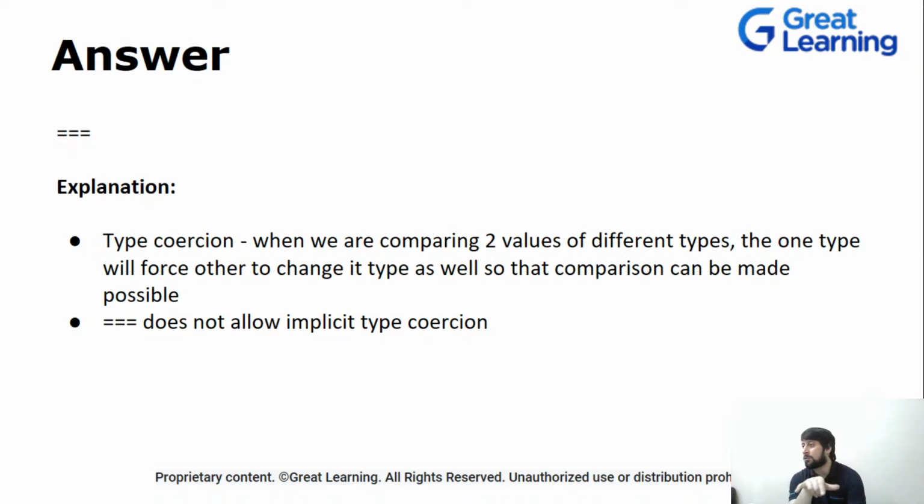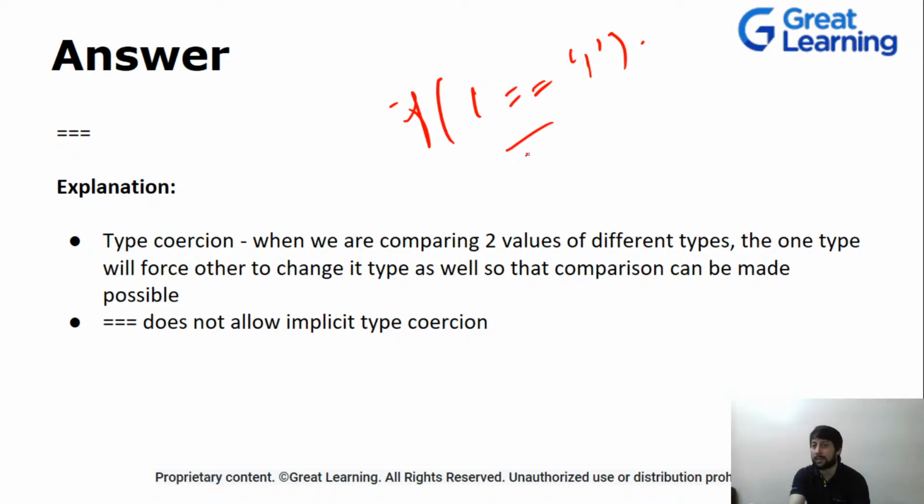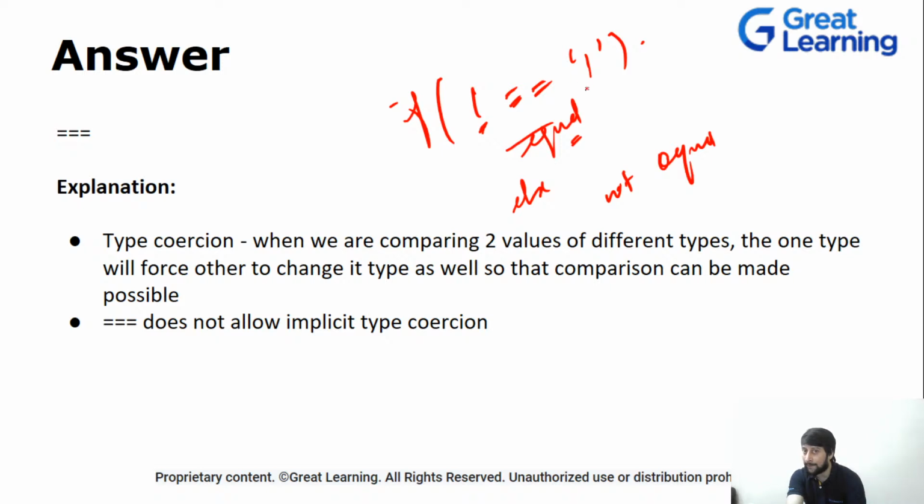Earlier I told you that if something is equal to something, then the type will not be checked, so I told you 1 is equivalent to 1. Let's suppose this prints equal, and else I will say not equal. If I'm using the double equal to sign, it will give me the output as equal, because it only checks the value. But if I'm using a triple equal to sign, it will check for both the value as well as